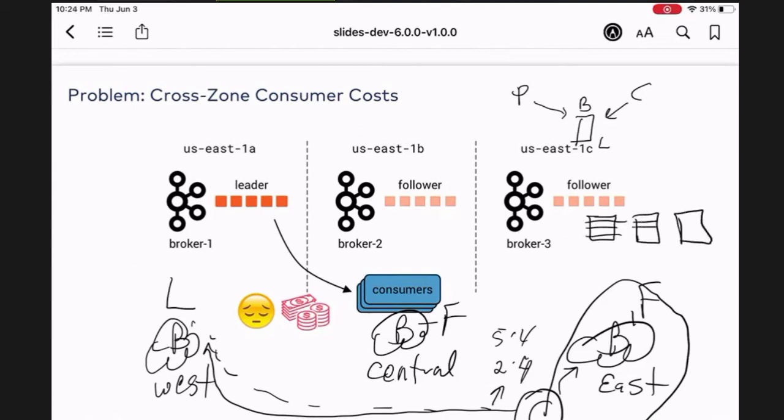If I have a rack here, I don't want to ever put all my brokers in the same rack, because if the switch dies, or if this rack dies, all my brokers are gone.